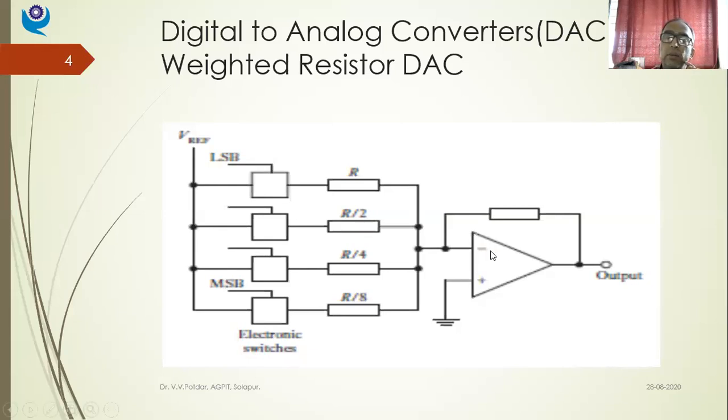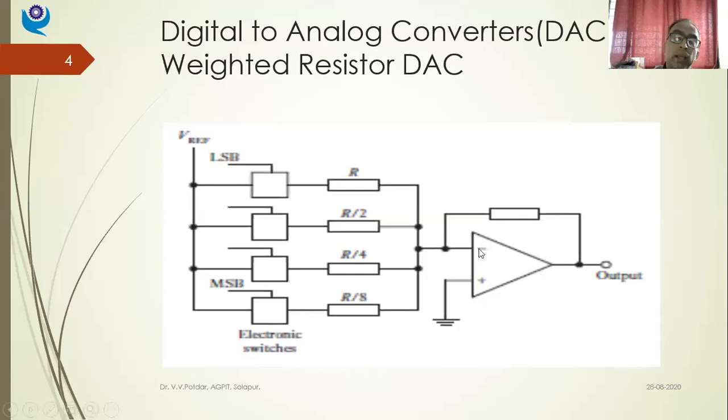Once again, we are talking about analog signal conditioning devices. So we have an op-amp here, which can be a voltage follower or current follower or a comparator, as we have seen, or a summing amplifier or a subtracting amplifier. It can be used in a variety of roles. Here we have one op-amp. The non-inverting terminal is grounded and the inverting terminal is connected. We have a feedback loop with one resistance in it. This is a typical arrangement of an operational amplifier.